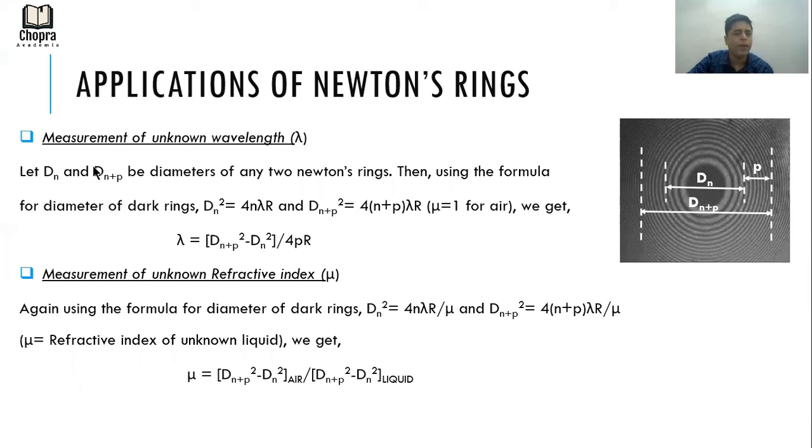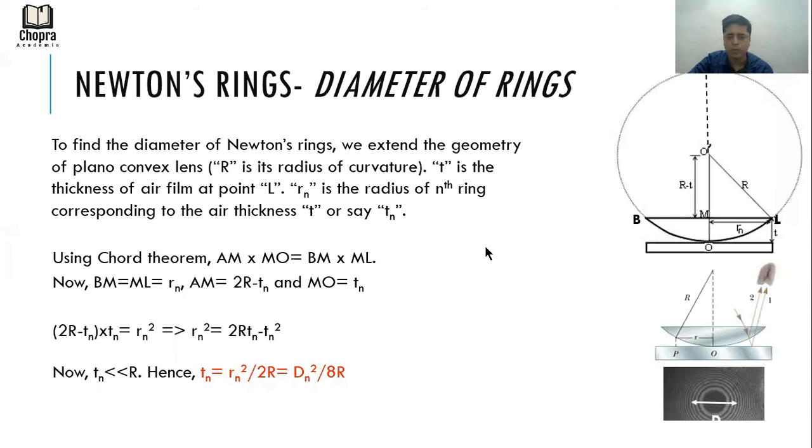Where is this refractive index coming into the picture? This mu was the refractive index of, I'll go back to the diagram, this area where there was air. Now just imagine I put a drop of oil. Once I set up the experiment, I can find the refractive index of the